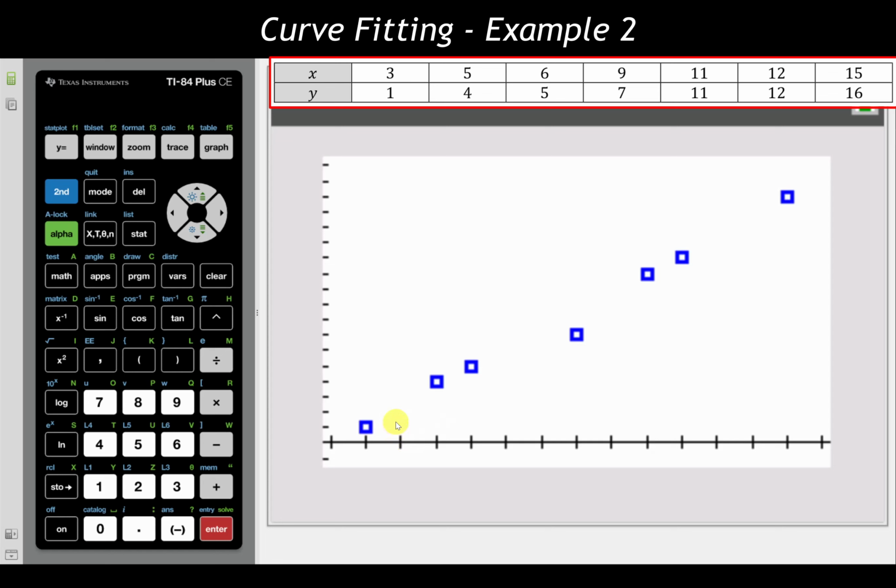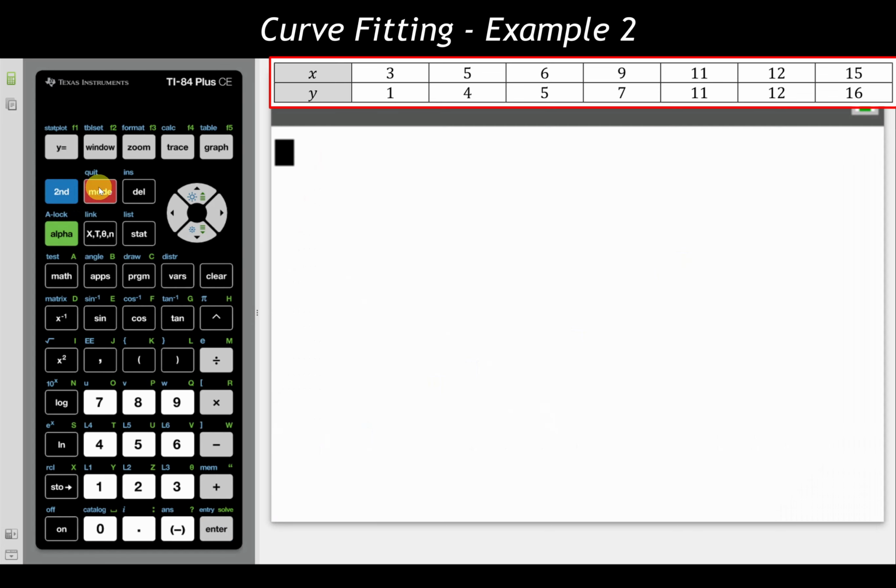But again, we're asking ourselves, does this data look more linear in nature? Does it look parabolic in nature, kind of the U or upside down U? Or does it look exponential? It's flat, flat, and then it just spikes and goes really steep later on. And this again looks fairly linear in nature, so we are going to do a linear regression with this thing. Fantastic. So we'll go back to the home screen.